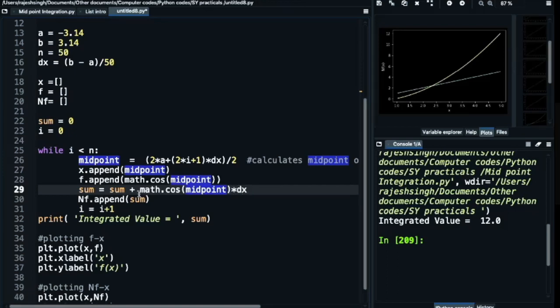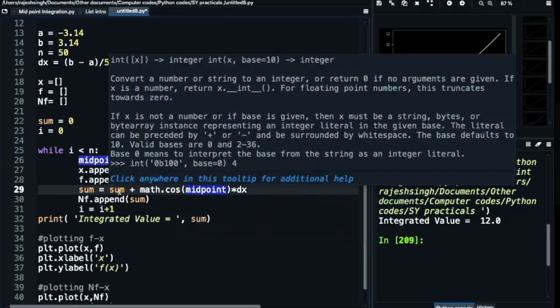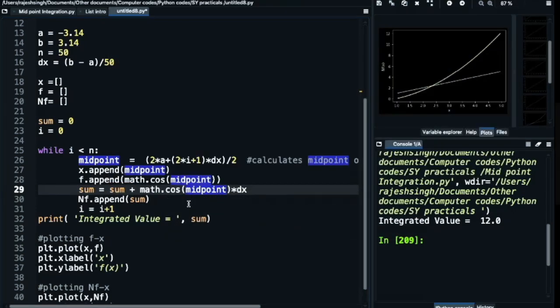So this will be the area of the given strip, and then you are adding it to the addition so far. Then whatever sum value you get, you append to the new list nf. You can increment I and run this loop. This loop will keep running while I is less than n and break when I is equal to n. And then you can print the integrated value as sum.